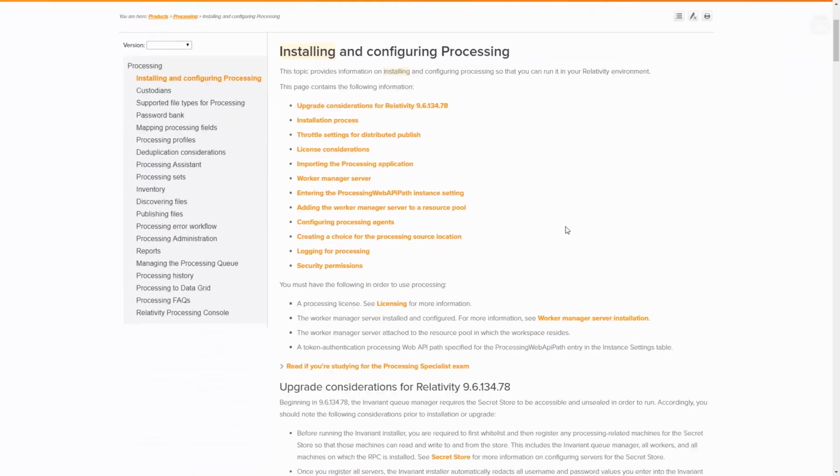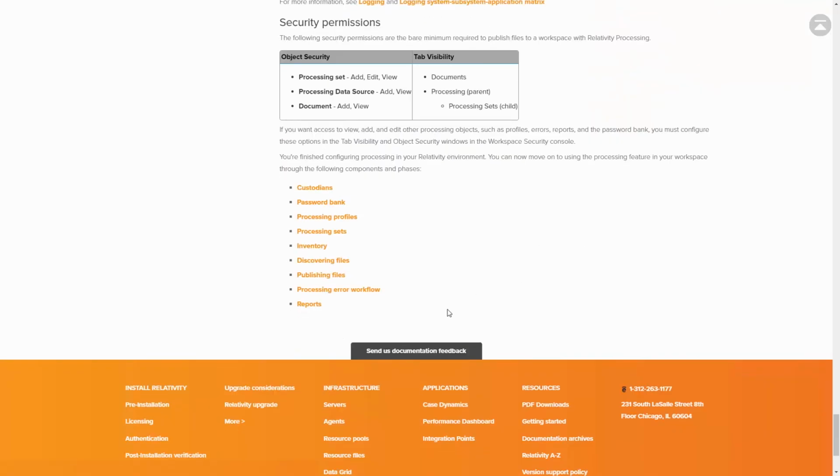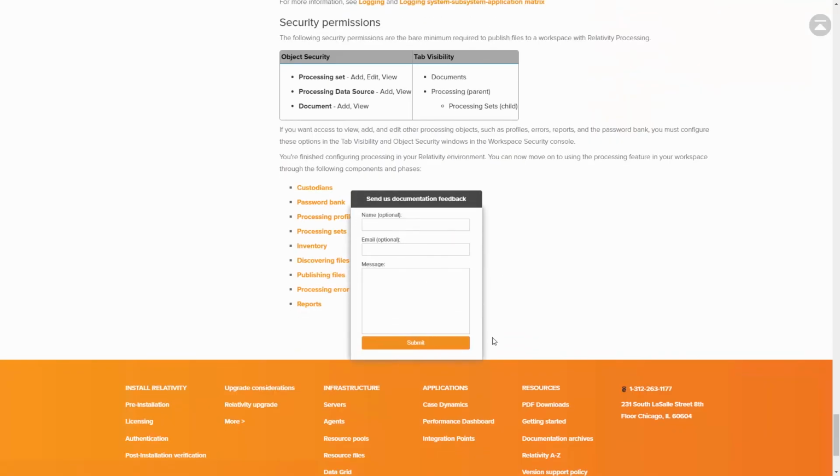If you have any questions or feedback about the documentation, feel free to click the bar at the bottom of any page to